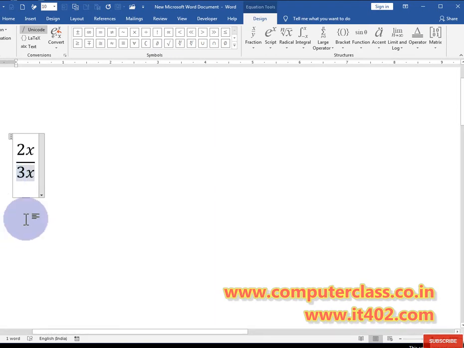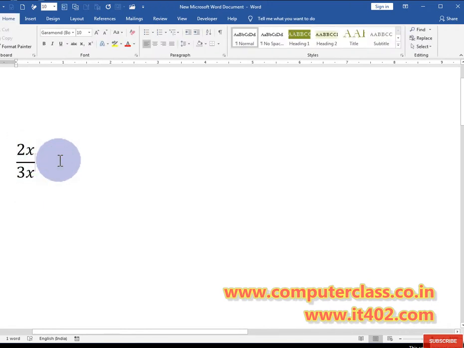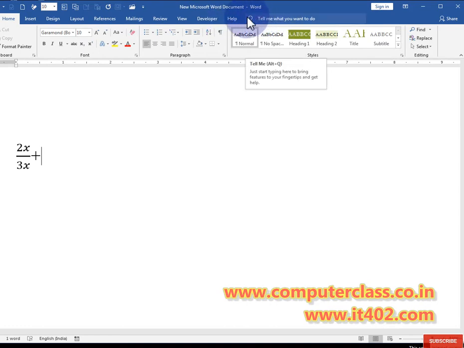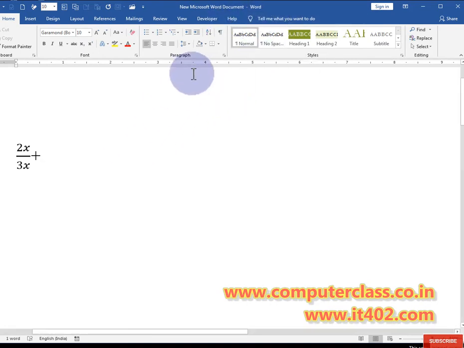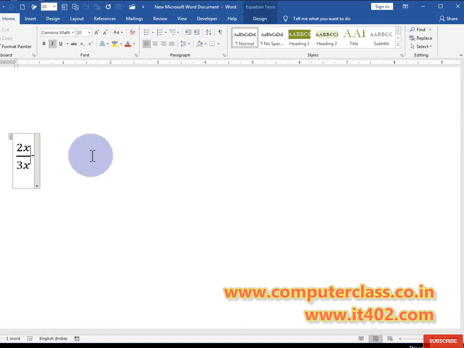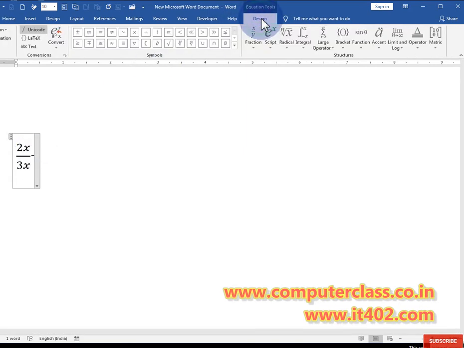Now here is the important thing: you need to do all the tasks inside the particular box. Sometimes when we try to find these options, the Design tab is not showing, because in this situation we are outside that equation box. So you need to click inside the equation again, and after clicking you can easily find this option. Make sure you do that carefully.